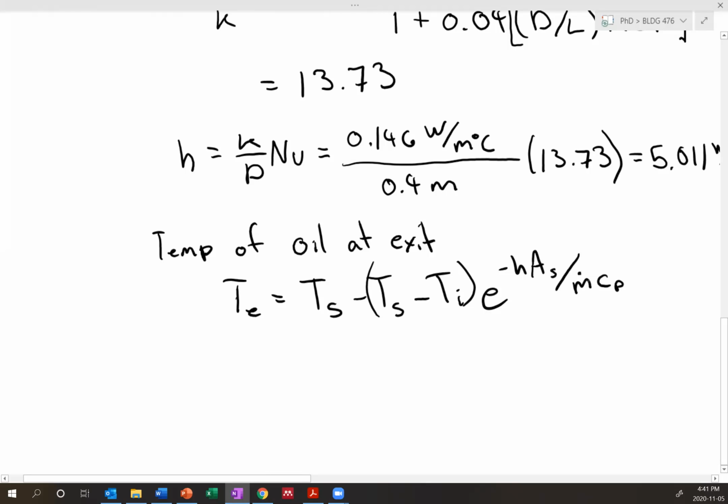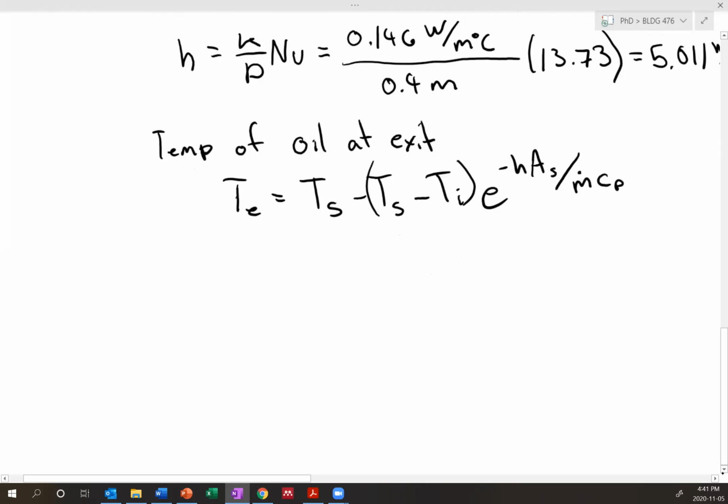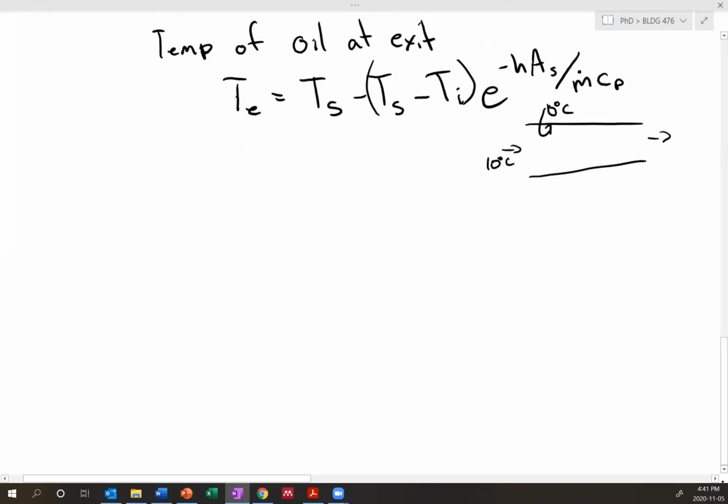So we have our mass flow rate, and we know how fast our oil is going through our pipe, and we know our surface temperatures. So again, we have our average temperature at the start, we're trying to figure out the average temperature at the end, and we know this internal surface temperature is at 0 degrees Celsius. We know our initial temperature is at 10 degrees Celsius, and so we can use this equation to find the temperature through the pipe. First, we have to find our m dot